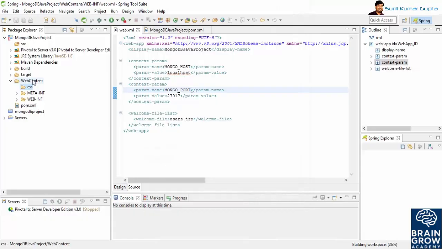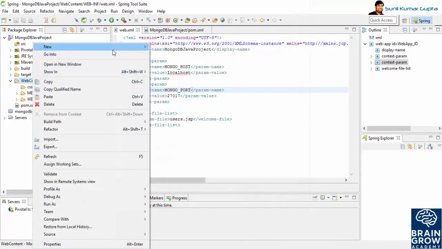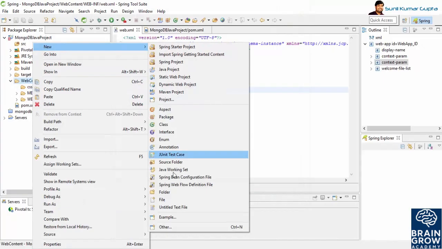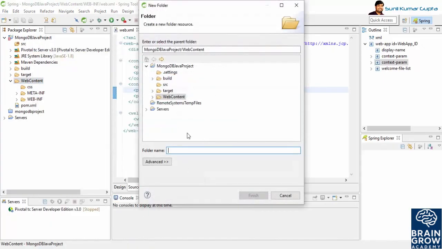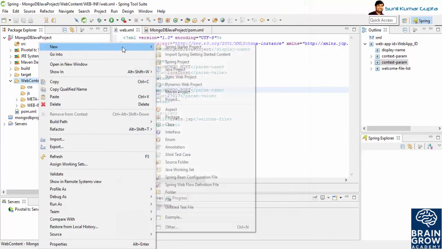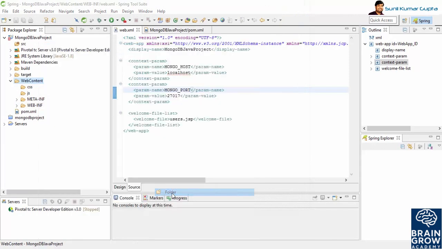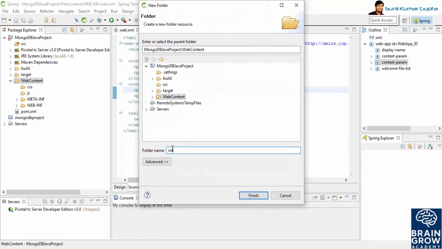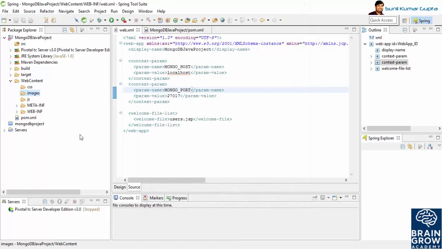Okay, and then I'll create one more folder. I'll create a JavaScript folder. There we'll keep all the JavaScript files. So JS, and then I'll create one more for keeping all the images like logo and other things. I'll create an images folder. You can keep img also, not a problem. I'm giving the full name images. Click on OK. Okay, so now we have CSS, JavaScript and images folders here, so that we can keep the